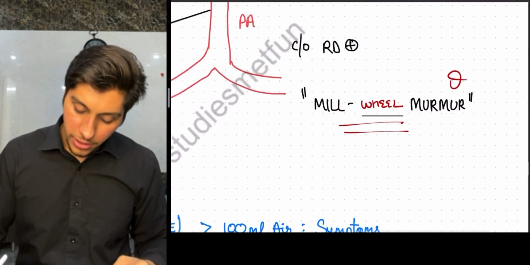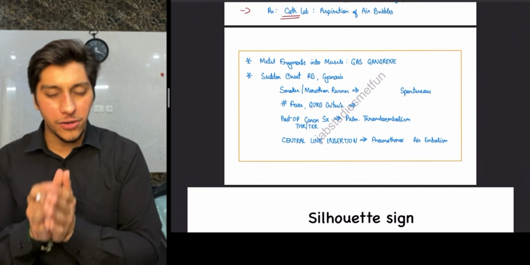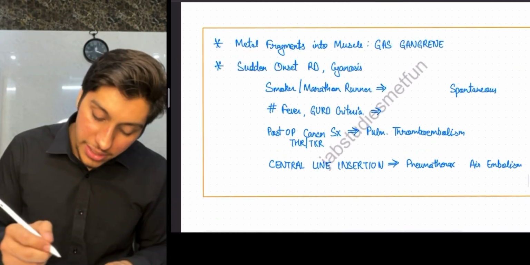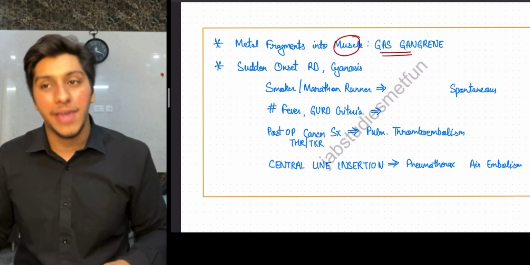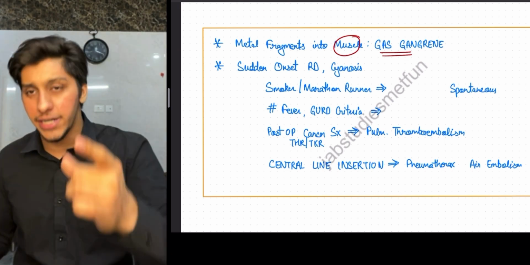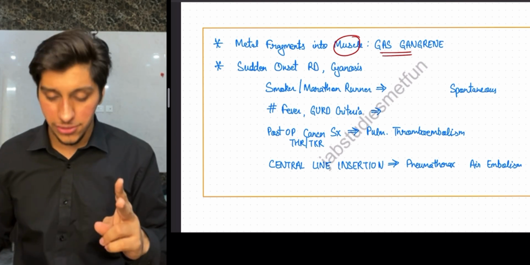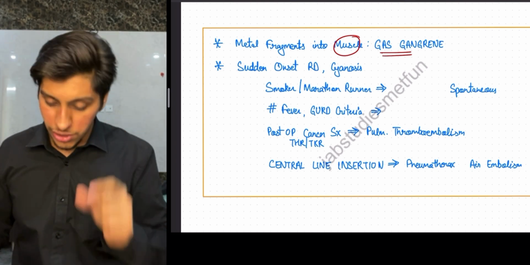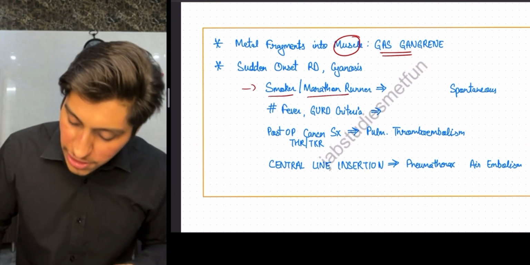All right. So then guys, we'll talk about some important histories, and then you have to find out the diagnosis. Remember, if there are any metal fragments in the muscle, most probably the patient can suffer from gas gangrene, putrefied, drug of choice clindamycin. If you have a sudden onset of respiratory distress and you're having cyanosis. Another thing which you have to see in the question is, if the patient is a smoker or marathon runner, you're going to have what condition guys? It is going to be your